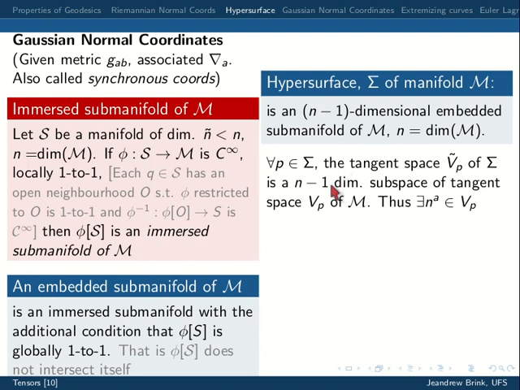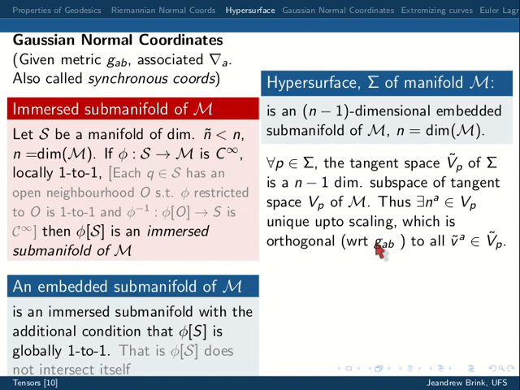And therefore, the one vector that is in the tangent space of M, but is not in the tangent space of your hypersurface, is what we call the normal vector. Okay. And that normal vector is just basically a direction, so it's unique up to scaling. Okay, and that thing is orthogonal with respect to the metric to all vectors in the tangent space of your